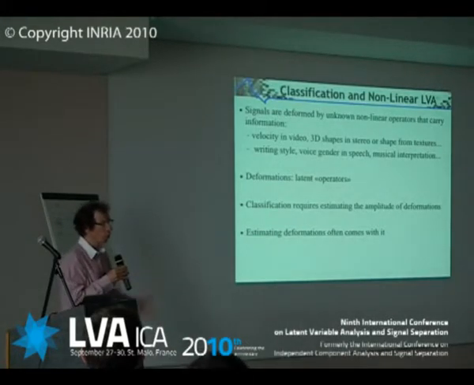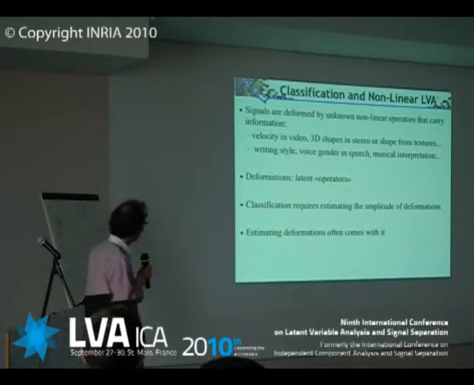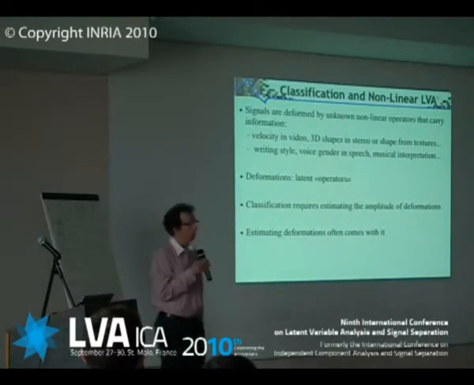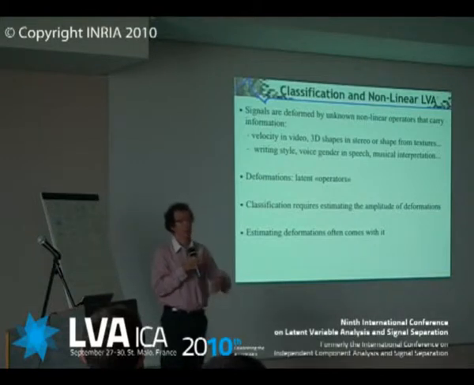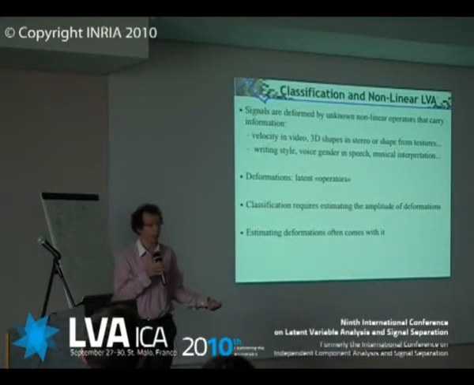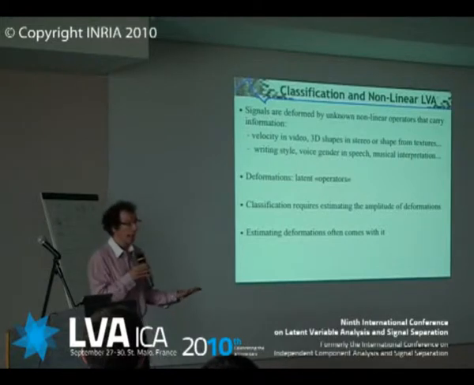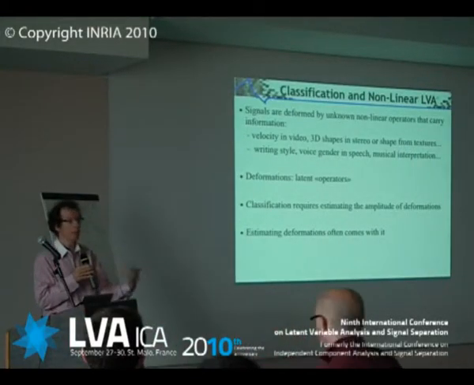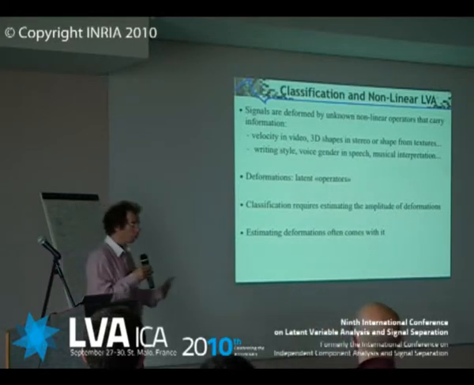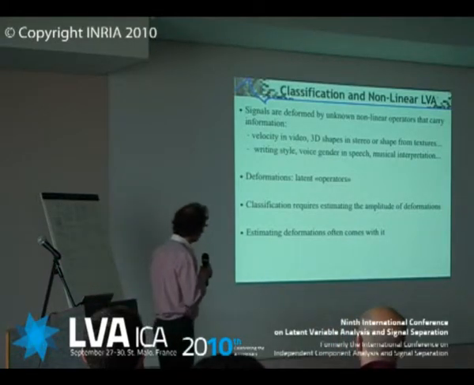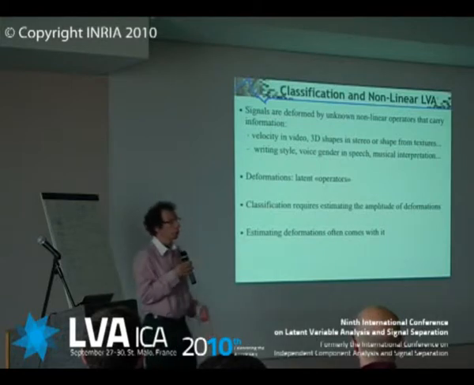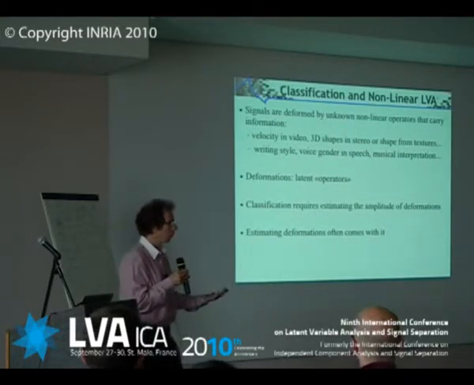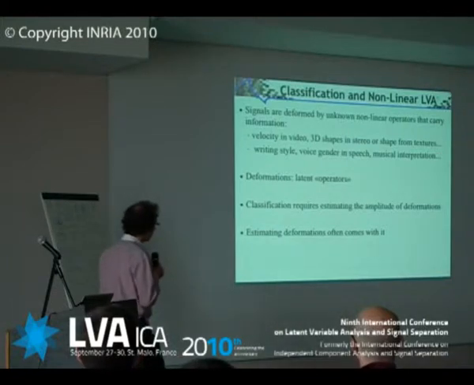But then you have much more sophisticated, I would say, high-level examples. If you want to do character recognition, then the characters, if they are handwritten, are completely deformed, and this deformation is related to the writing style, and you can identify someone just based on the way the person is writing. Same thing about speech recognition. Depending upon the gender, the speech is going to be deformed. You can recognize gender, or you can recognize the person.